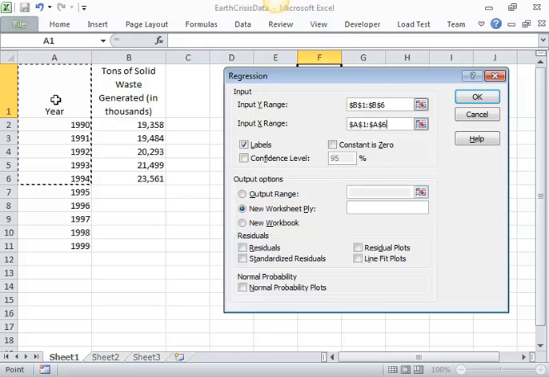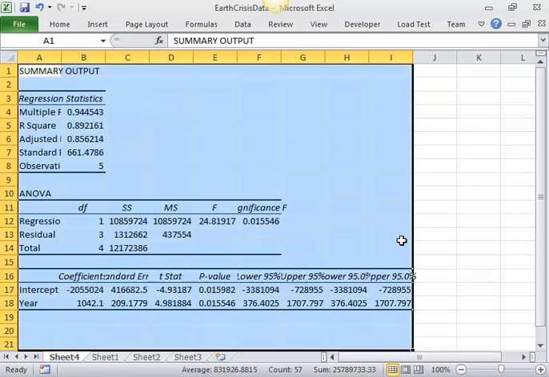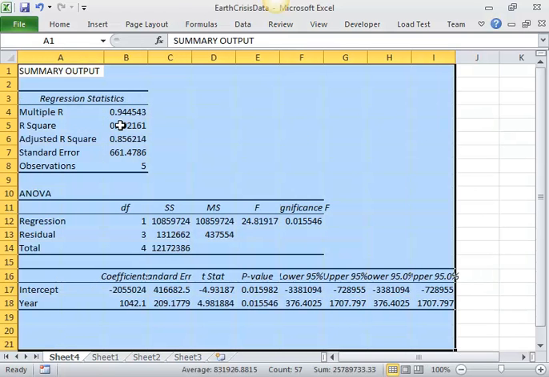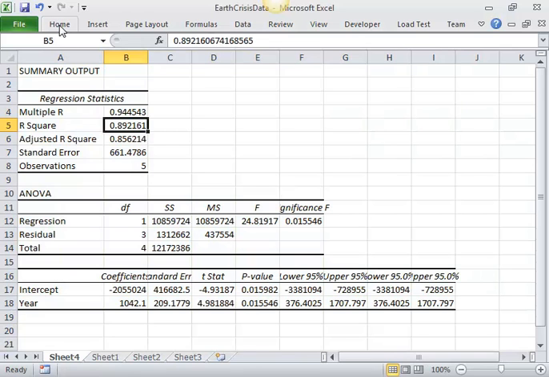And because I included this first row that included the labels, I'm going to check labels on the regression and click OK. Now, as a first pass regression, this is still really good results. Our R squared is 89%, which means that 89% of the variation in the data can be accounted for by the equation we're getting ready to look at, which is great. When we look at our p-values, they're higher than they were last time, but both of them are still below 5%. They're both sitting at around 1.5%, which is great. So our equation will be